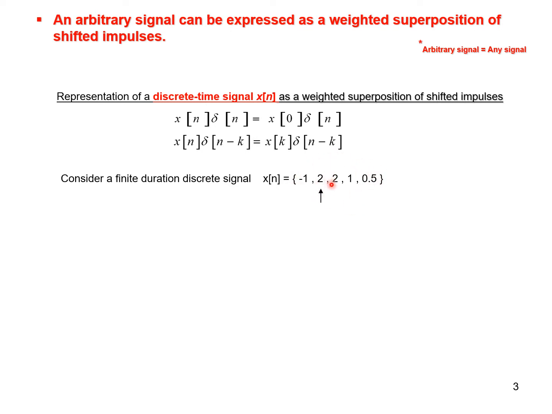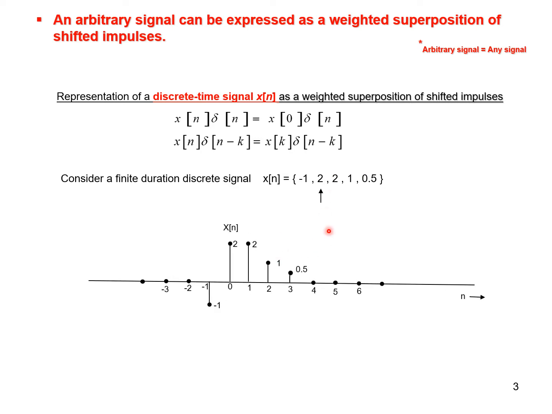Now if I want to represent this in the form of a waveform, I can always do that. This is how the waveform looks. You can see at the origin it is 2, next sample at 1 it is 2, at 2 it is 1, at 3 it is 0.5, after that all values are 0 till n is equal to infinity. At n is equal to -1, the value is -1. To the left of that, the values are 0 till infinity. It is a short duration sequence having only 5 samples, origin at the second sample. This is exactly what I want to take for a case study. That is, I want to show this signal can be constructed using impulses alone, as I show in the next slide.